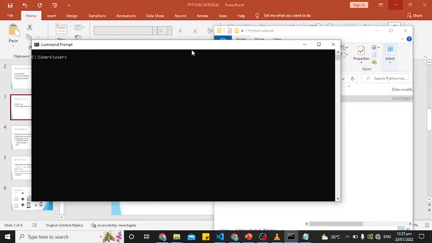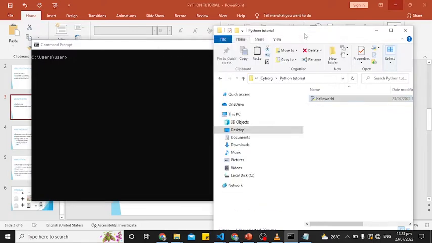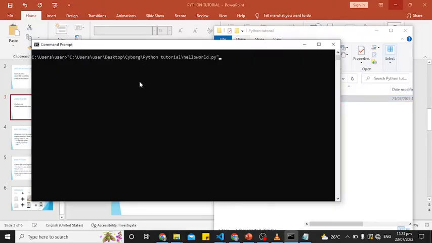Just finished. You open the command prompt, and then from Python tutorial, the beautiful thing is that you can just go to where you saved your file, hello world.py, drag it, drop it on the command prompt, and automatically it will see it. Then type enter and it prints out hello world. So that's the beauty of